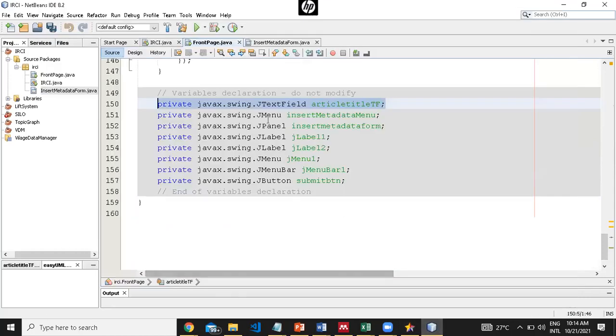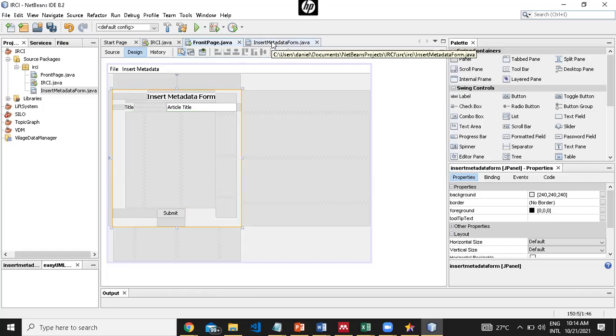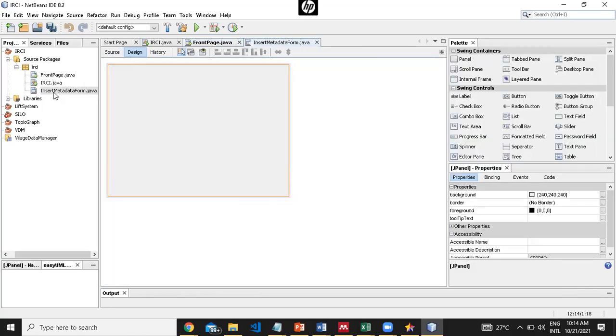This is because we put the JPanel as an object, the insert metadata form as an object of JPanel, inside the front page. So if you want to create the closest implementation of the form, you create this class,